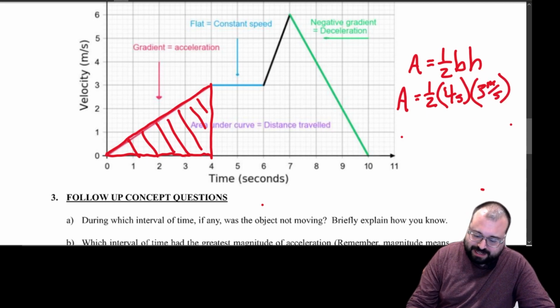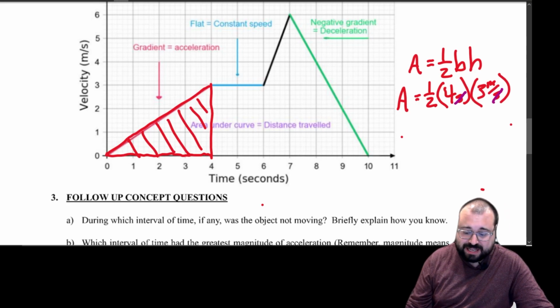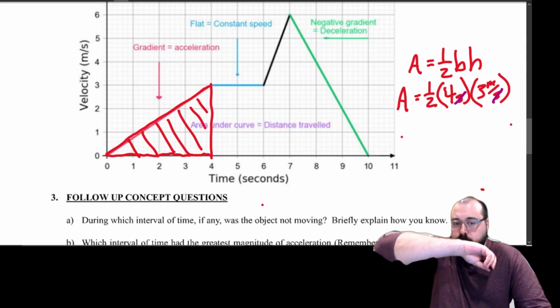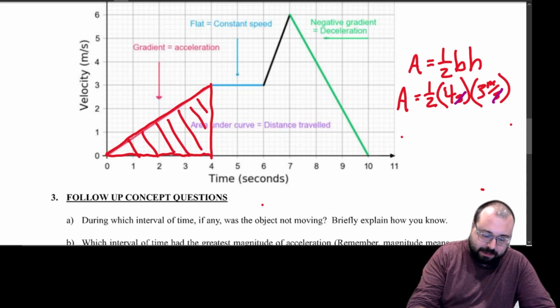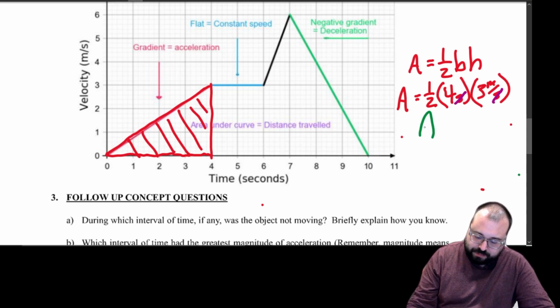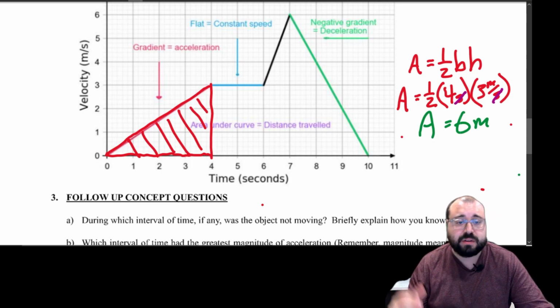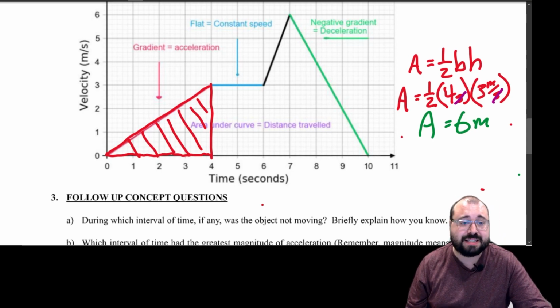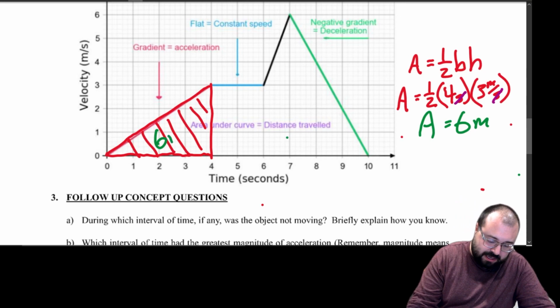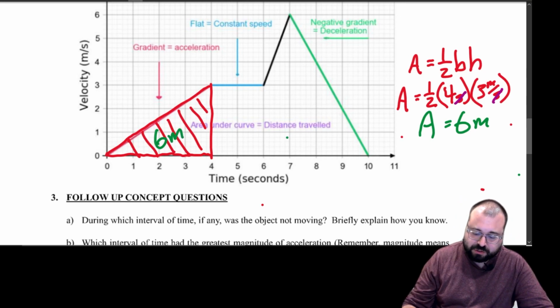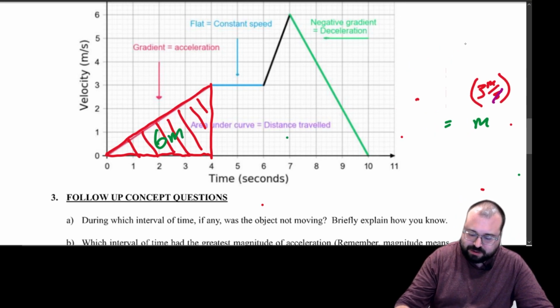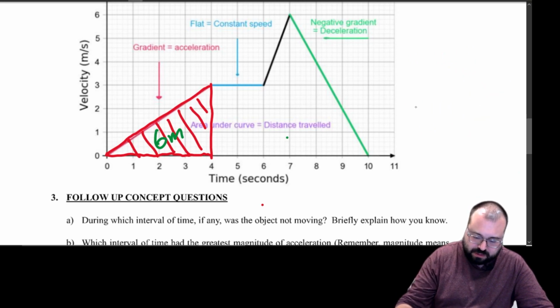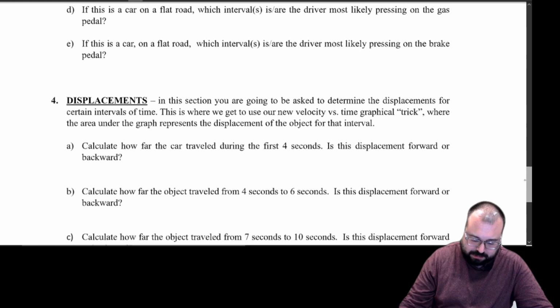One of the cool parts, again, that I'll emphasize is those units cancel out. We end up with meters, so we're going to end up with a final answer here of 6 meters. Right? 4 times 3 is 12. Half of that is 6. So we get 6 meters traveled here just in that first section. So let's get rid of our work